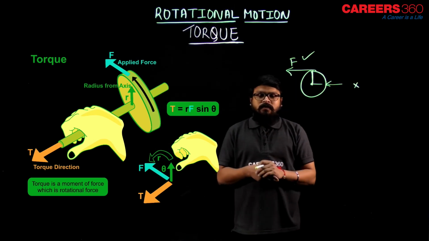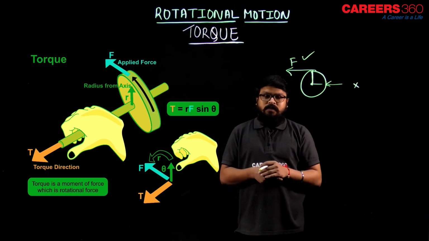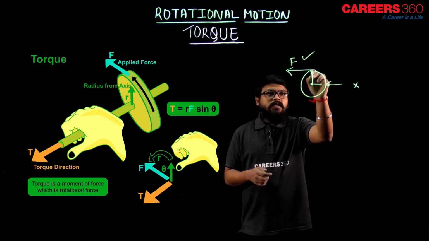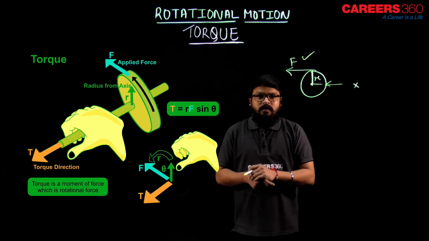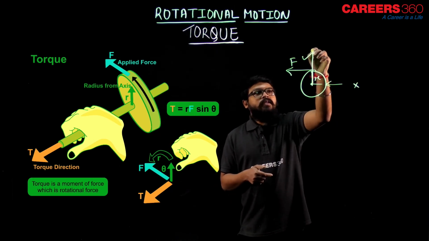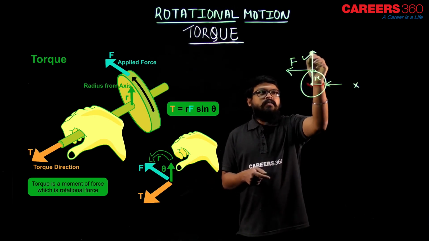So, that is the meaning of there should be a perpendicular distance between the application of force and the axis of rotation. As you can see, this is the radius, suppose R. So the torque, if I apply the vector product, if this is the direction